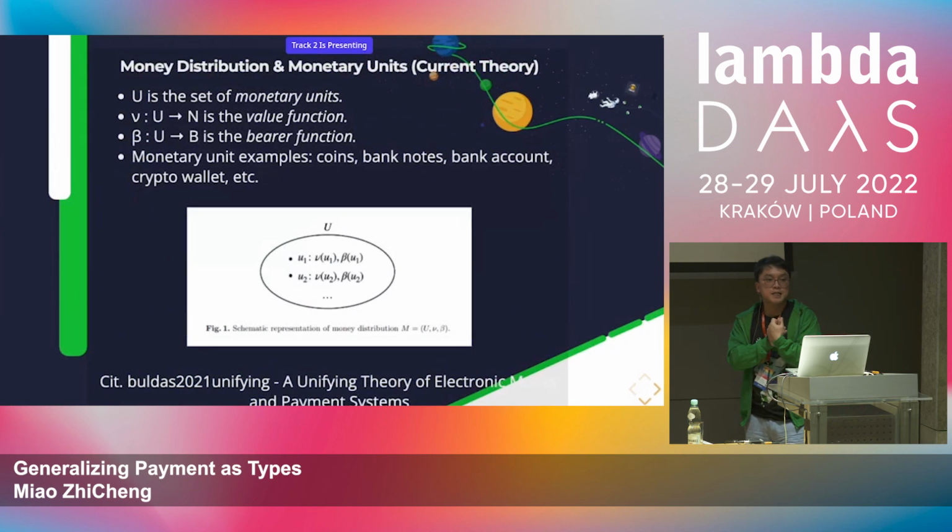Okay, so the next thing is, now we have values, what about ownership? That is the so-called money distribution. There is a paper called Unifying Theory of Electronic Money and Payment Systems, believe it or not, and they actually defined the whole thing there. They happen to be from Estonia. I came from Estonia, I live there, and I talked with the folks. I told them that this is not complete. We can define superfluid by adding something here.